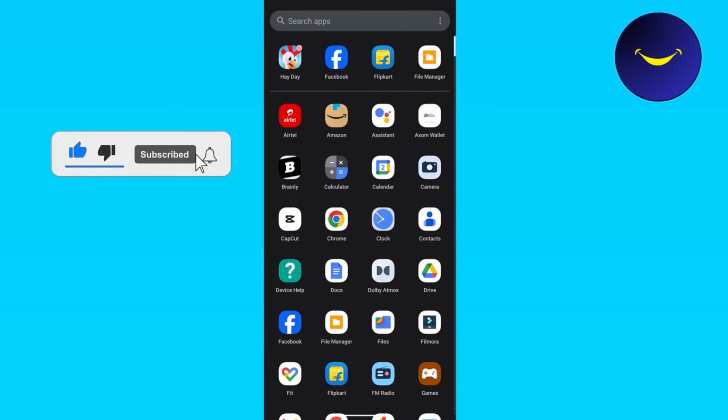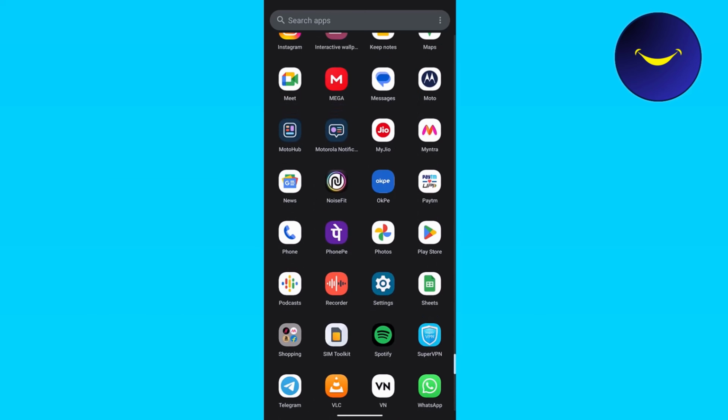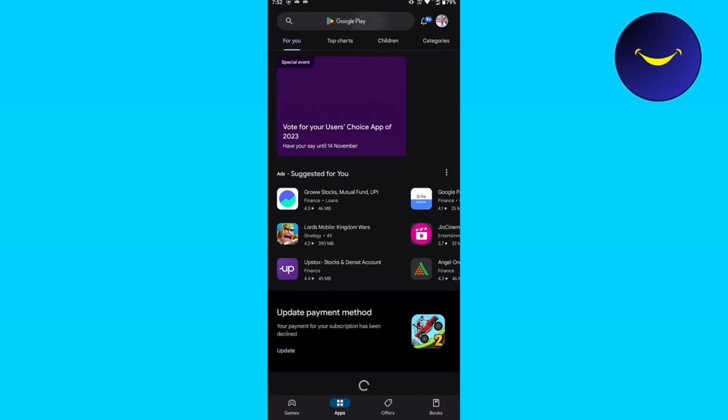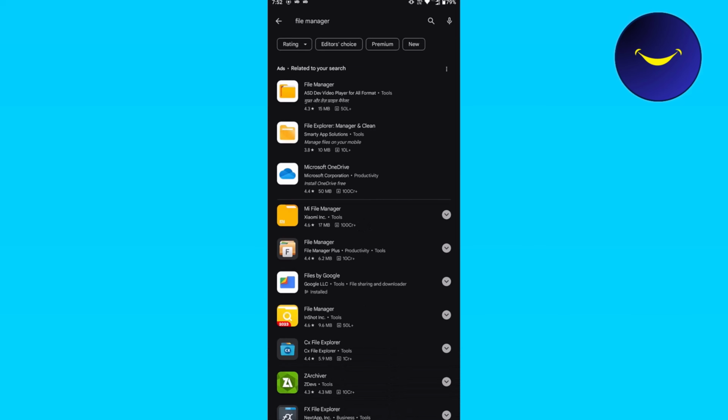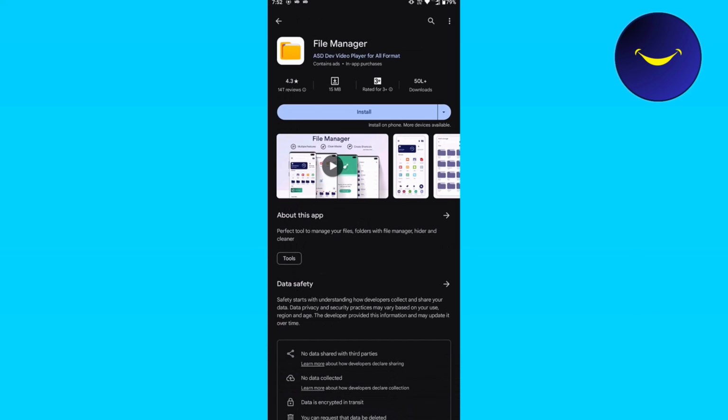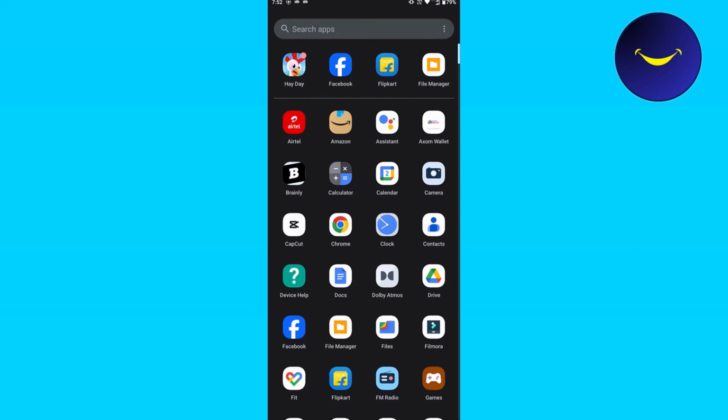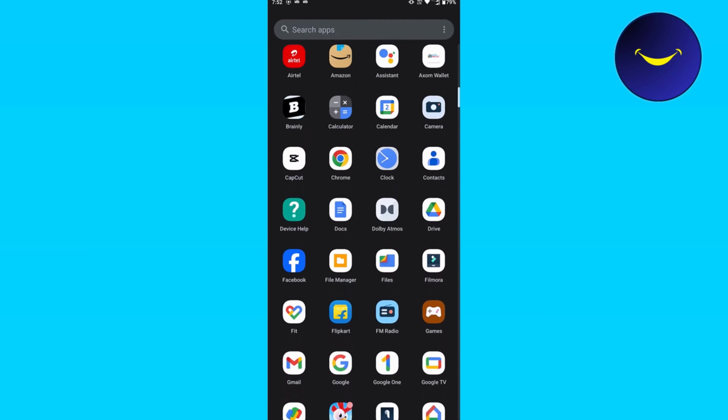It's important to have a file manager installed on your device. If you don't have it, you can simply go to the Play Store and install the file manager. So let's get started. First, open up your file manager,